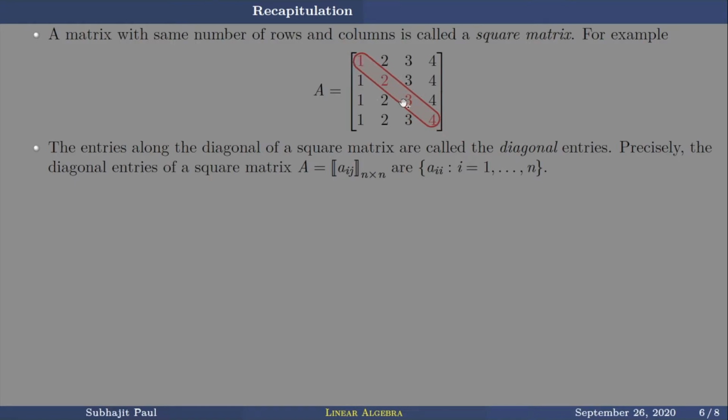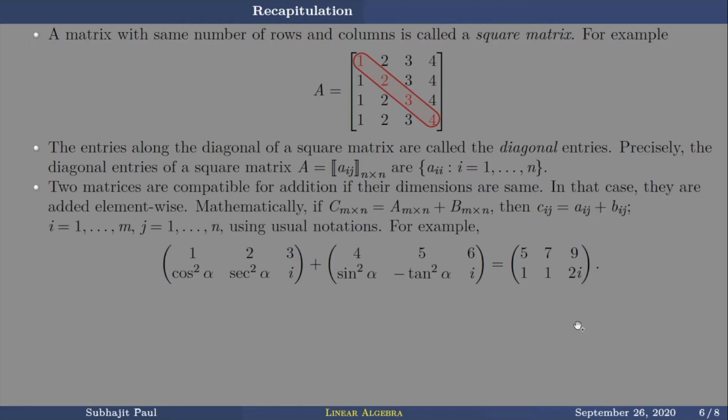This is called the principal diagonal, and there is no separate name for the other diagonal even. The diagonal entries of a square matrix Aij are the elements Aii. So you see, this is the first one, at first row and first column, so this is A11. The next one is at second row, second column, so this is A22. The next is at third row, third column, so this is A33. Fourth row, fourth column, A44. So the diagonal elements have the same row index and the same column index. For an n by n matrix, there are n diagonal entries.